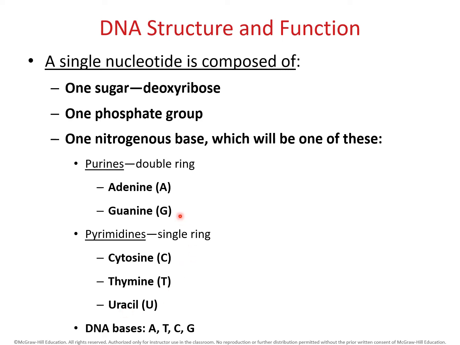So for DNA, the nitrogenous bases that make up the nucleotides of the DNA molecule are of 4 types: adenine, guanine, cytosine, thymine. You must know those 4. And you'll need to know uracil as well, but that relates to RNA. Right now, we're just going to deal with DNA. So the DNA nitrogenous bases are going to be one of these 4 for each nucleotide: adenine, thymine, cytosine, guanine.